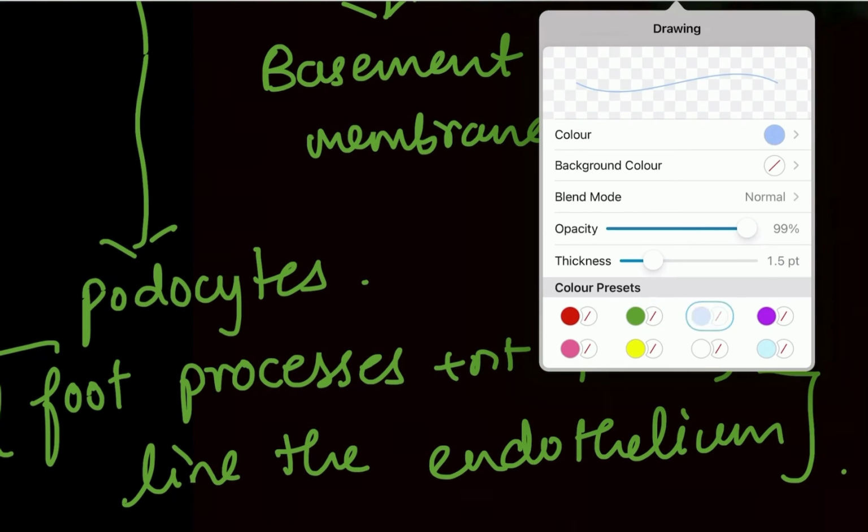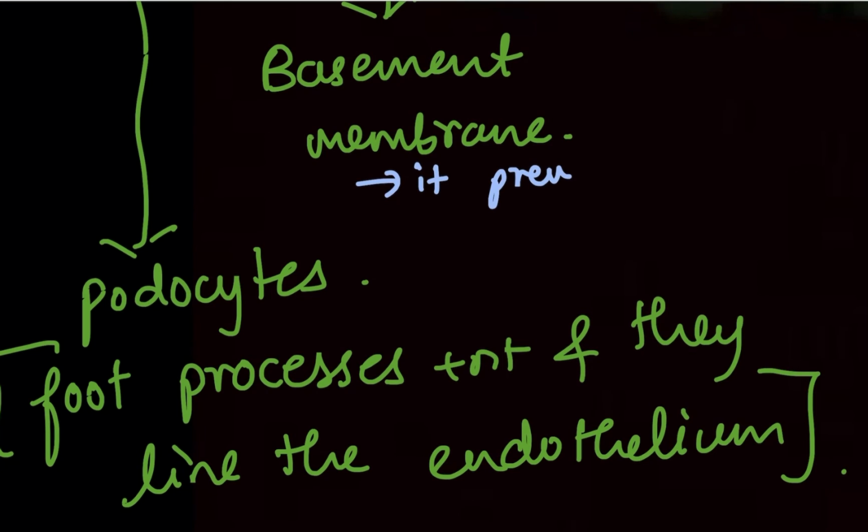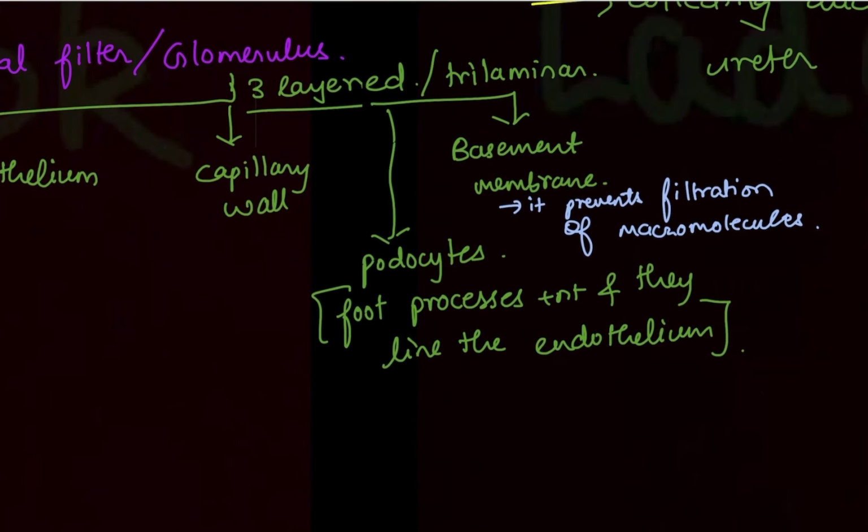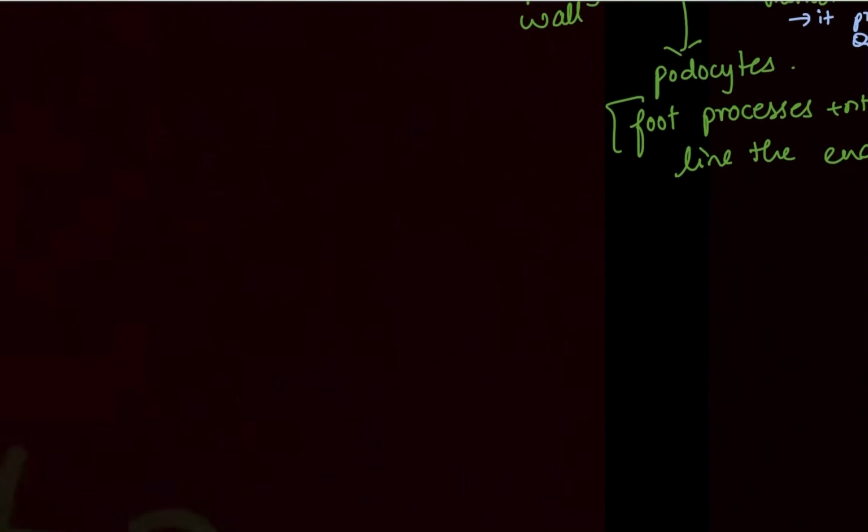What is the function of the basement membrane? Write down that it prevents filtration of macromolecules. Macromolecules like proteins and glucose are substances which our body needs. They should not be thrown out with your urine, right? So these are substances which need to be reabsorbed. And RBCs are also not allowed to enter the urine. RBCs are also stopped from entering the urine through this renal filter. You should remember this. So write a point that if you see RBC in urine, it is a renal filter issue. That is a glomerulus issue.